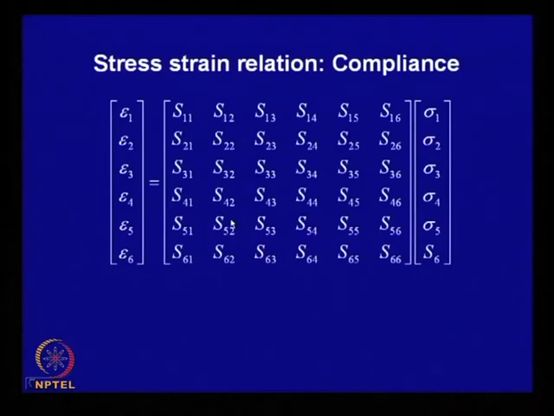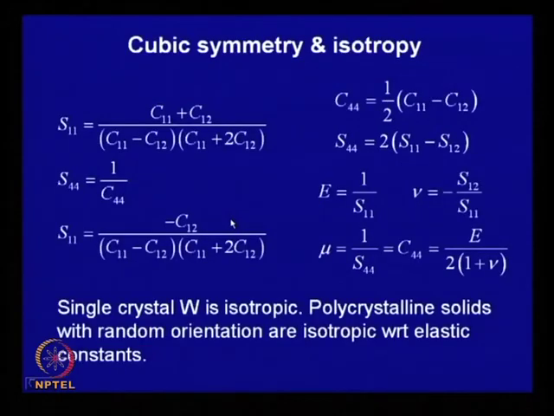By imposing this condition, it is possible to show that in case of a cubic crystal you need only 3 elastic constants: S11, S44, and this, I think, is S12. So, there is a mistake here, this should be S12. So, you need these 3 elastic constants, and there is a relationship between the stiffness and compliance, which is